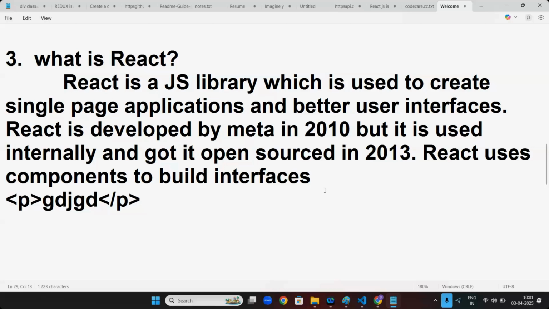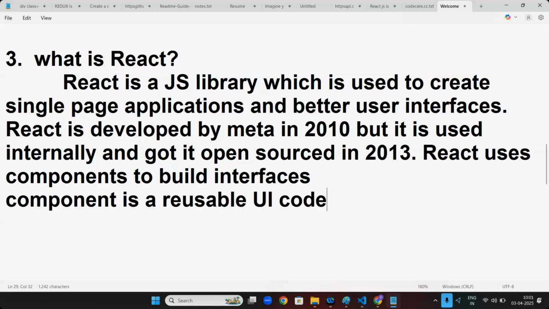Then I can use something called a component. A component is reusable UI code. In future, we will discuss what a component is in detail, but it's the basic logic of a component.